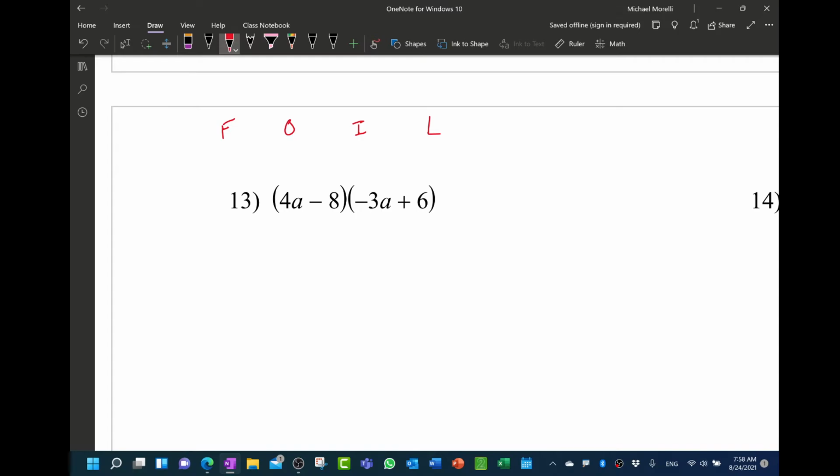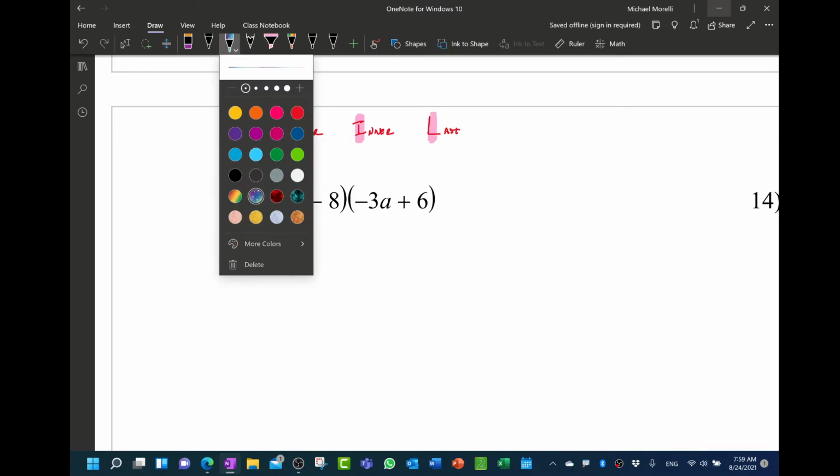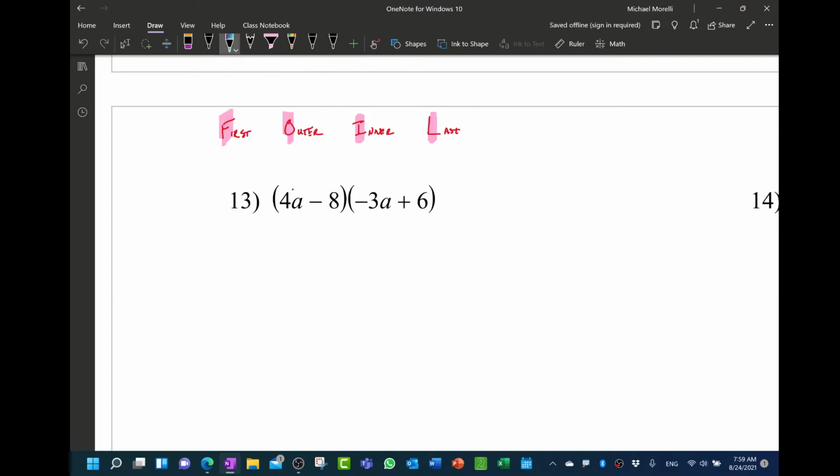first, outer, inner, last. Okay, first, outer, inner, last. FOIL. And so a student of mine had a really cool way of showing this. She said she makes like a moon. So first times first, okay, I have to make the ink bigger. So first times first,